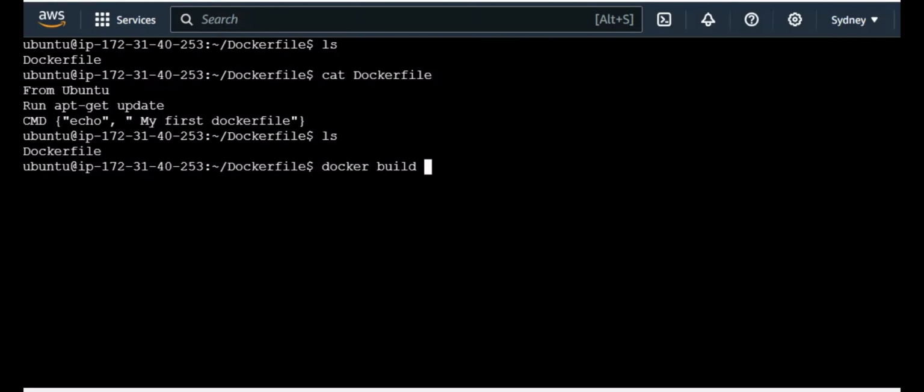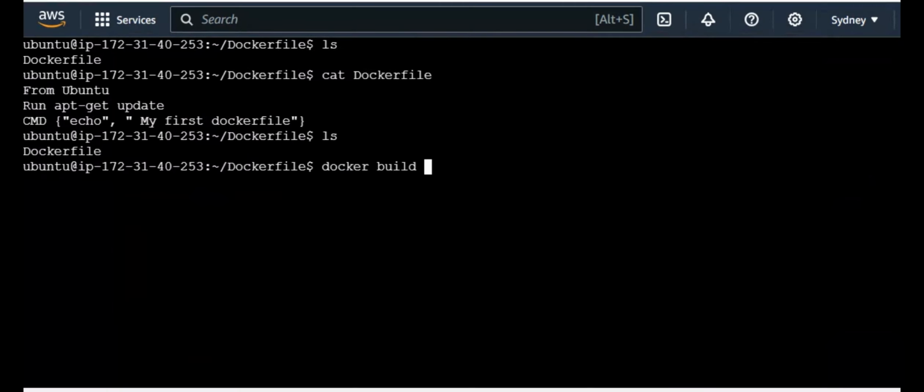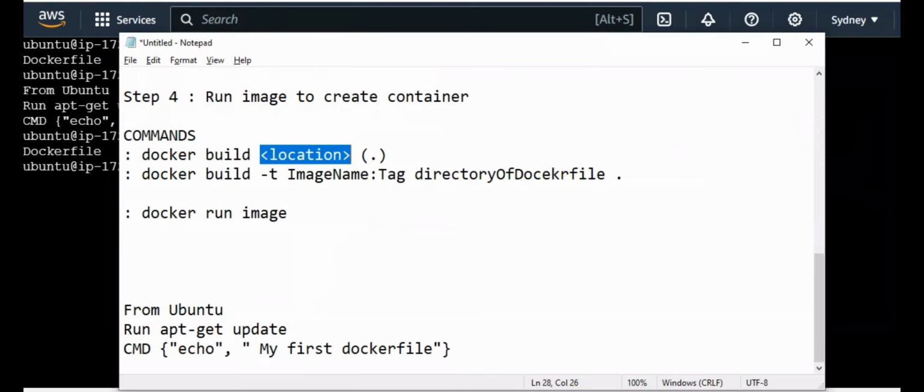So this is the main command, and if you are in the same location, you will just use dot. Correct, but we will expand this command more because we will work in a production environment. So what we need to do is use a hyphen t tag, because we are going to change the base Ubuntu image, we need to give it a name. That can be provided with the help of the t tag,